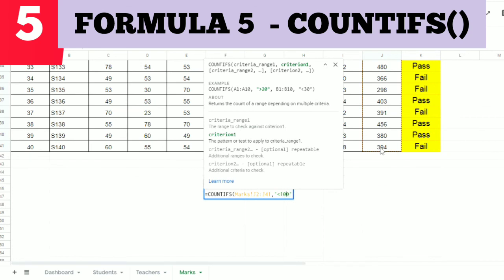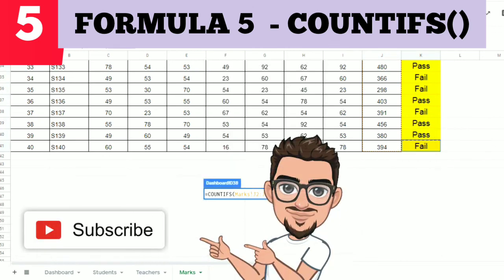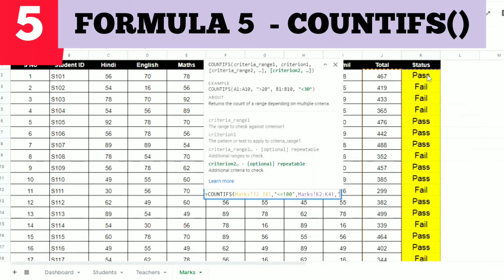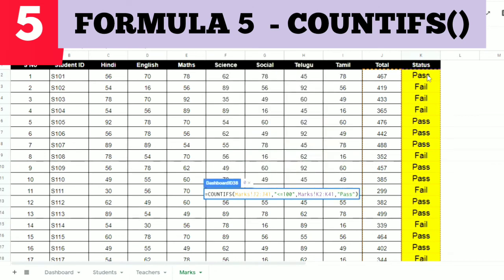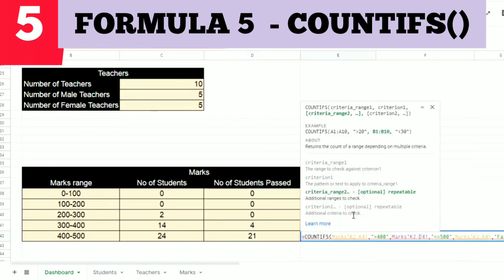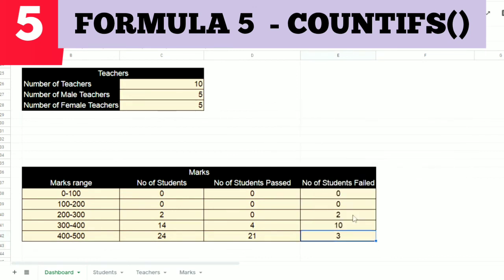And what is the second condition? The second condition is nothing but the next column. Before that we were checking the same column, right? Now I'm checking the next column, and here the condition is something like pass, right? So this is entirely different from the first number of students column, right? So here I'm having the value as 0. The reason is there are no students between the 0 to 100 range. So I can see, yeah, so that you have the data here.